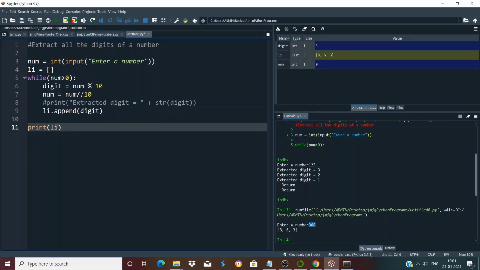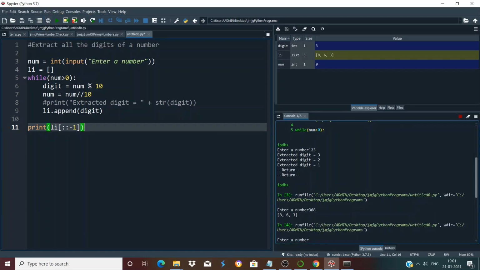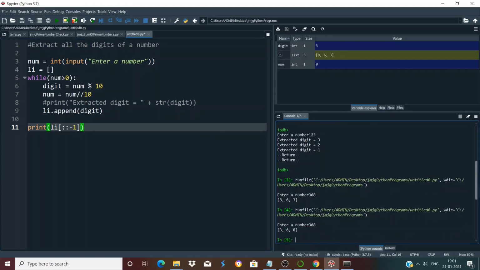and you can do that by using the slicing operator and then specifying the step as -1. And if you run the cell, let's say again enter 368, and you get 3, 6, 8, and instead of printing the list of digits,